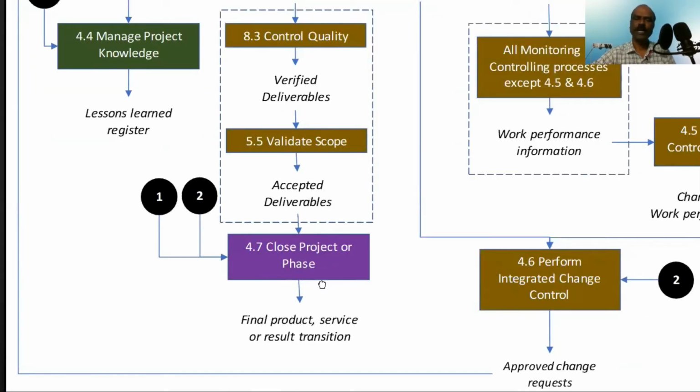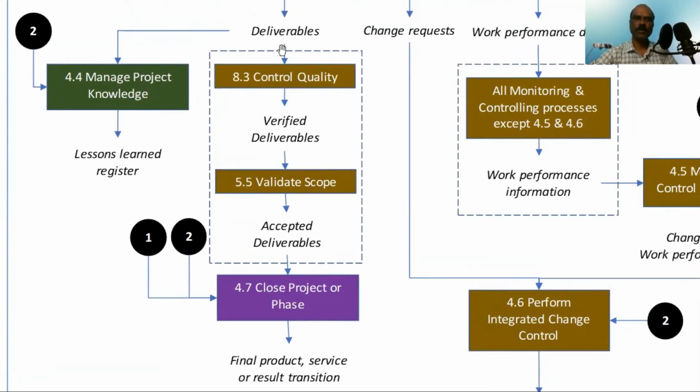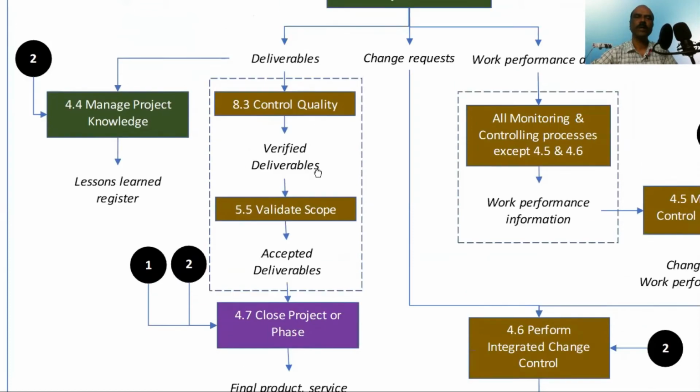Once the deliverables are accepted, they have to move to close project or phase, and then it has to be handed over to the customer. So that is called final product, service or result transition. You are transitioning the product to the customer. So this is what is happening to the deliverables. This also we saw yesterday, but you can see here